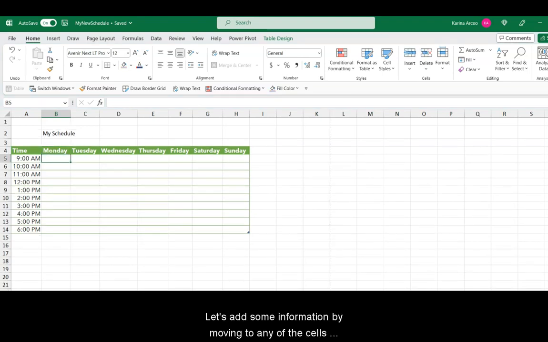Let's go ahead and add some information by moving to any of the cells with the arrows, and while you decide what to add,